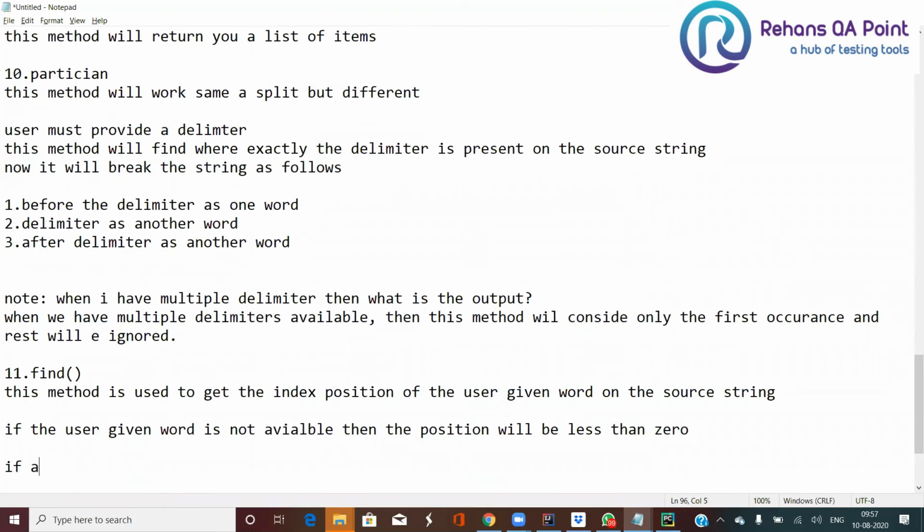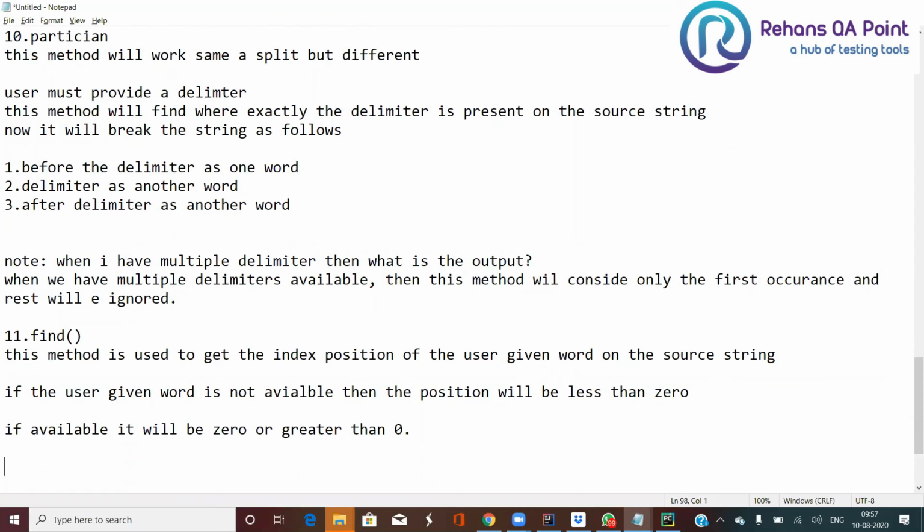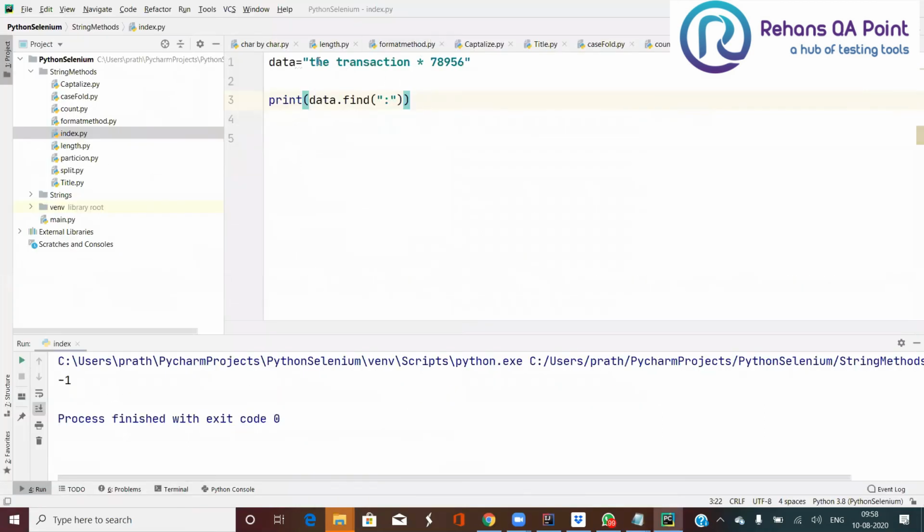If available, it will be 0 or greater than 0. So why 0 or greater than 0? Sometimes my looking character is available in the starting position itself.